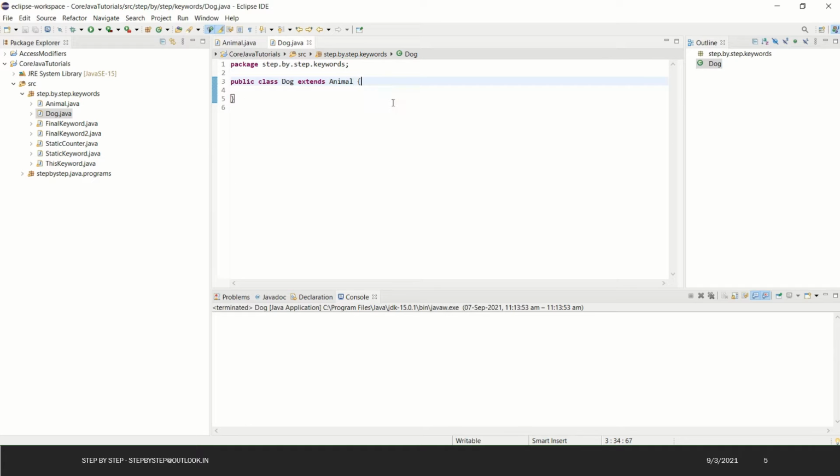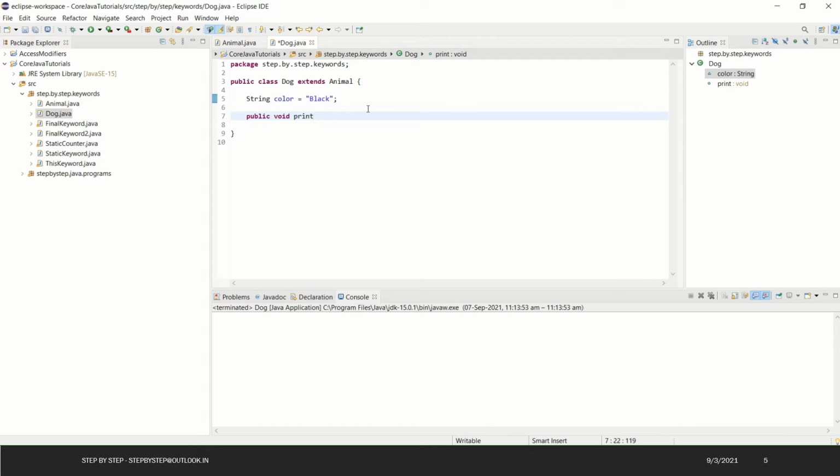I'll create the same instance variable in the dog class as well. So let's say String color, let's say black. Okay, and then I'll create one more method, void print.